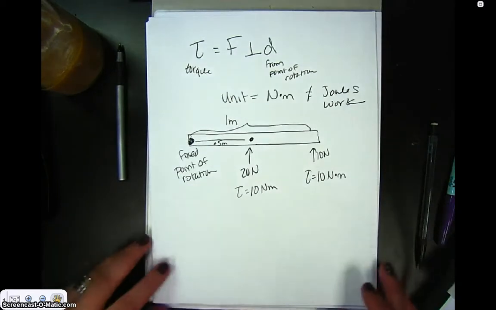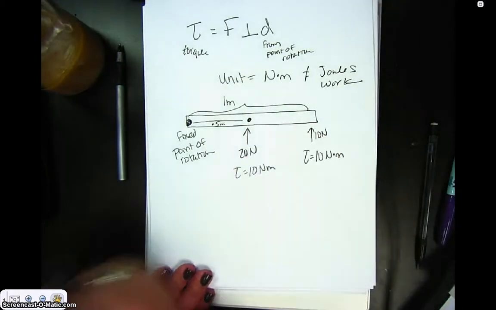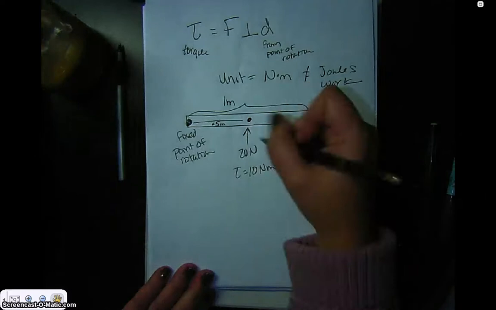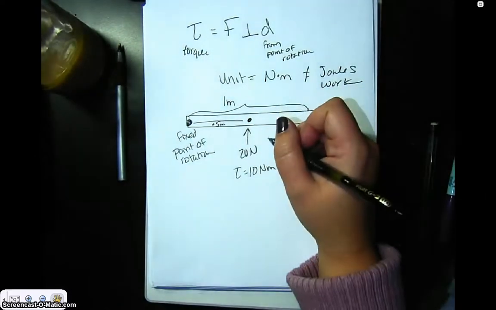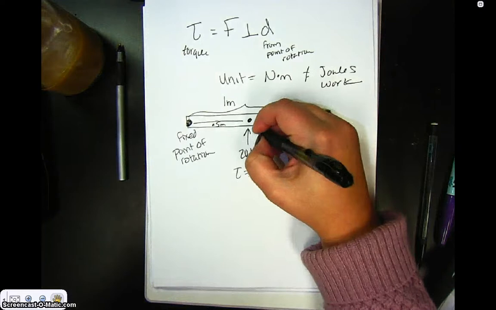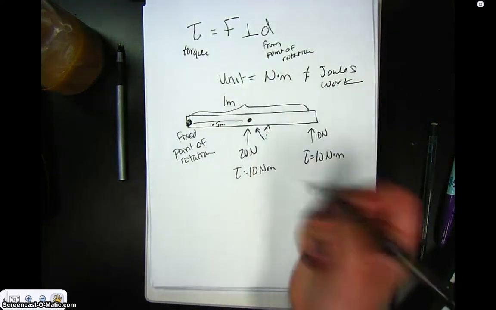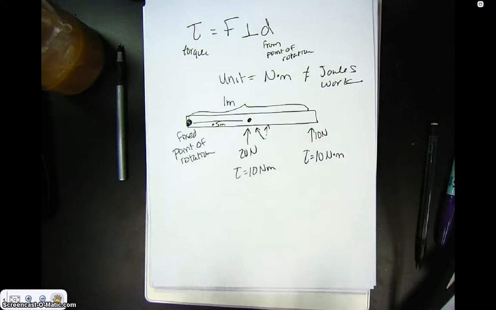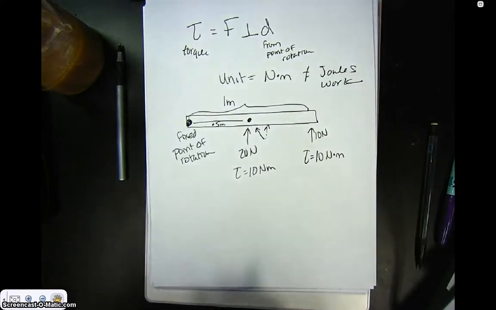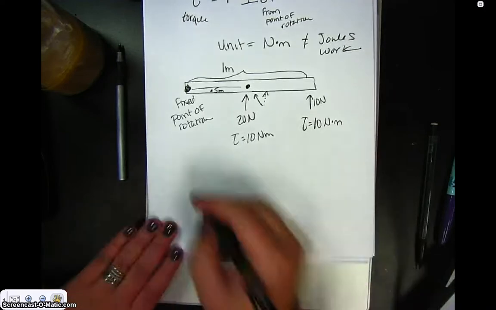Now, notice that I'm showing that these are all perpendicular. So you may be given an example where you're pushing at an angle. If you were to push at an angle on the door, like that, then we would just have to find this component, based on whatever angle it is, and then use that in my torque equation. So let's just look at one other example of